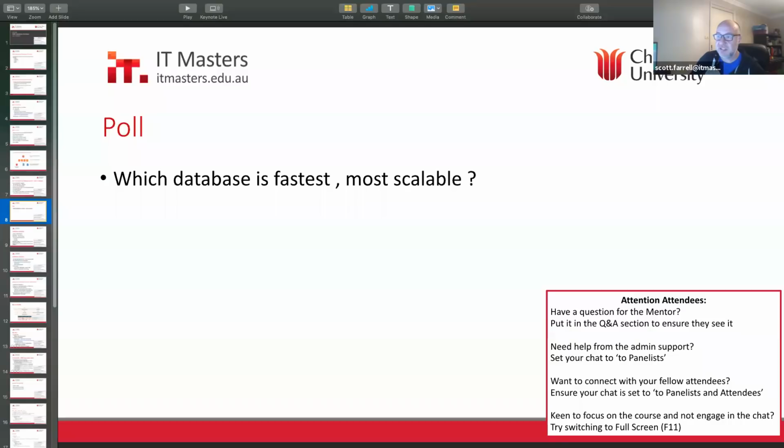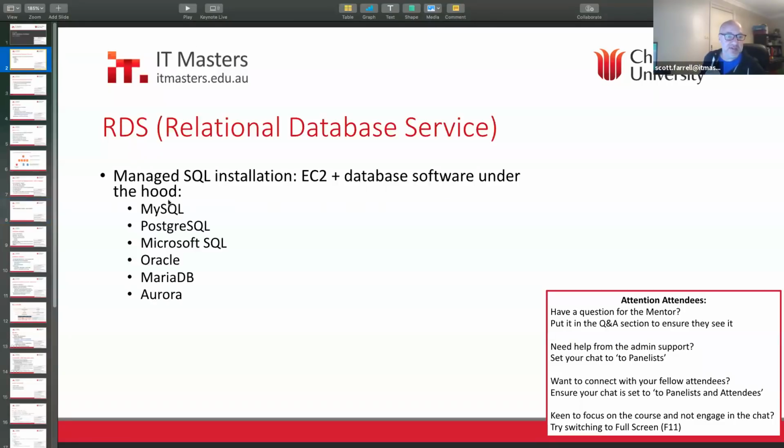Is there a limit on the size of the database supported by RDS? Yes. So the different engines all have different limits. All these 6 have different limits, and I don't know them all off the top of my head. Microsoft SQL Server used to be 300 gig, which is small for some instances. I think it's something like 10 gigs of database and 30 databases. But the different ones have got different limits. My guess is Aurora's got the biggest limits because they've built it cloud ready. So there's another good reason to start with something like Aurora if you think you're going to get really big databases.